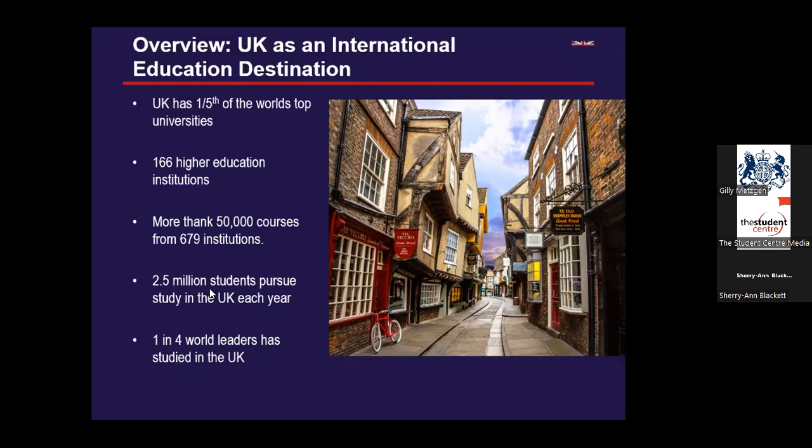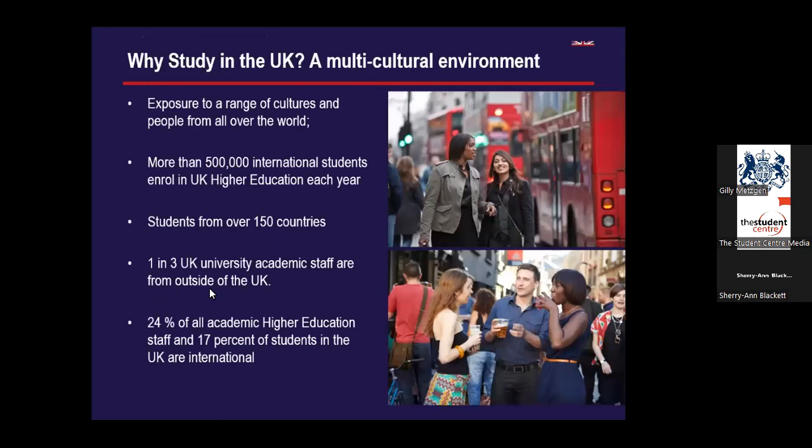Approximately 69% of UK graduates said that their degree from the UK has helped them progress more quickly in their chosen career fields. And actually 1 in 4 world leaders, which is an interesting point, have studied in the UK. So a lot of really positive benefits. So in addition to these,